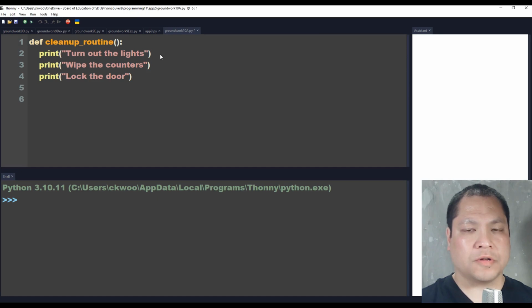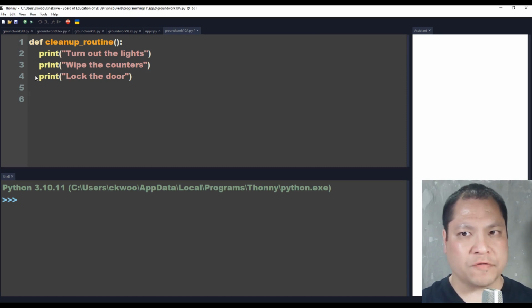Okay, so this is all for my function definition, and how we know that the function definition ends is that my next line is not going to be indented. So it's very similar to the if and the loops and stuff, in that the indentation is what differentiates different sections of the code from each other. Okay, so now that my function definition is done, I can write my regular